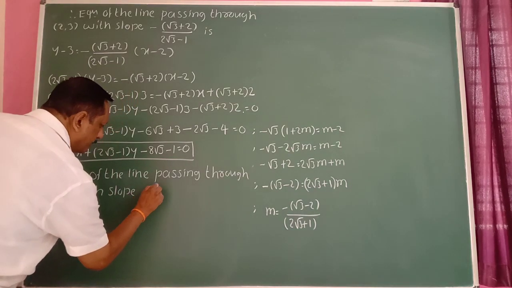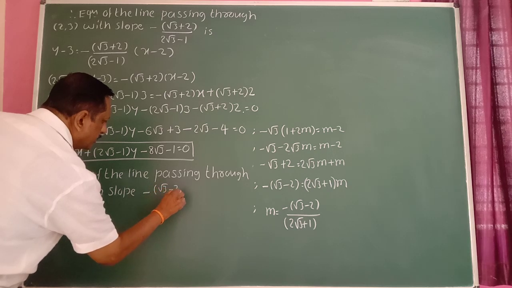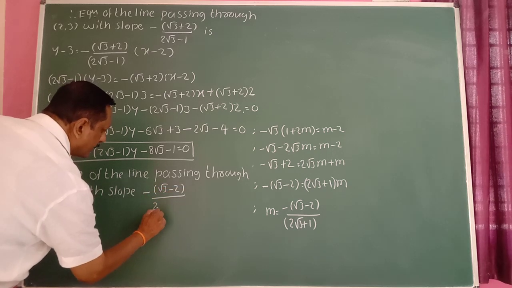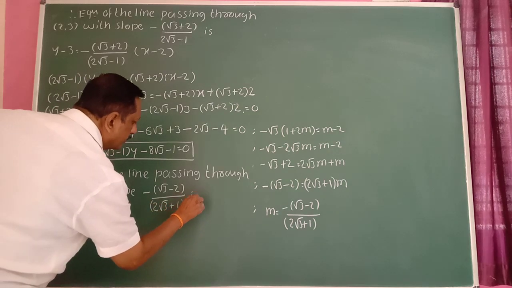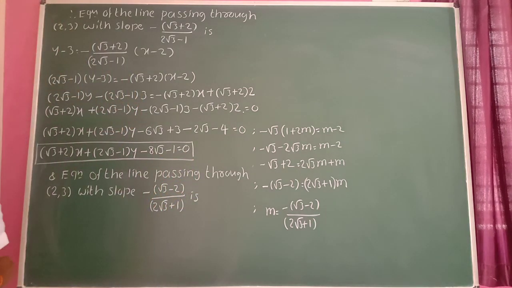So minus of (root 3 minus 2) divided by (2 root 3 plus 1) is, so y minus 3